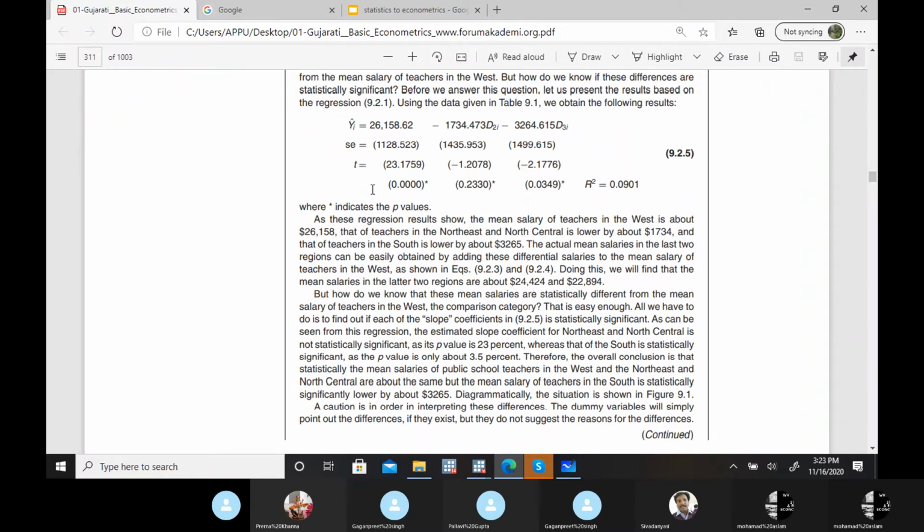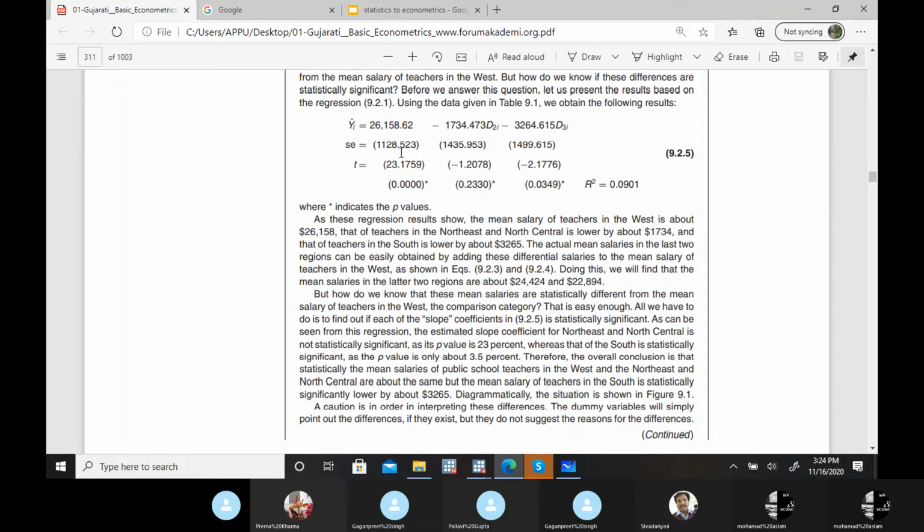So at least you are convinced from the literature, or from a primary study or ground report, about the reason behind putting that as a dummy variable in the regression, that you know there is a significant difference, right? But if that's only in the literature and it won't come in your results, then you have to say that there is no significant difference in this particular category. So it means the result for all the categories is almost the same. So you have to interpret that there is no significant difference.